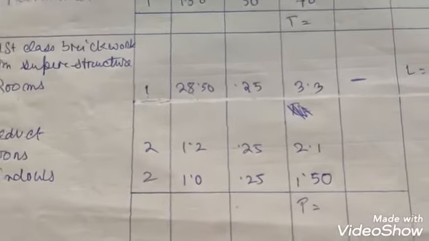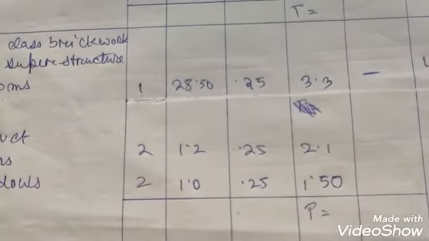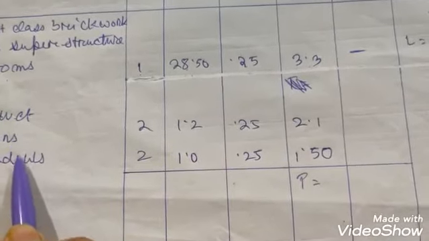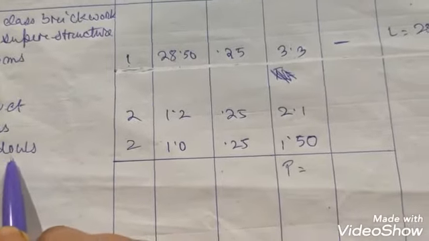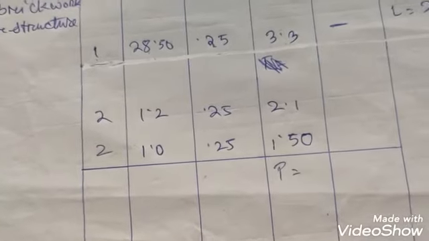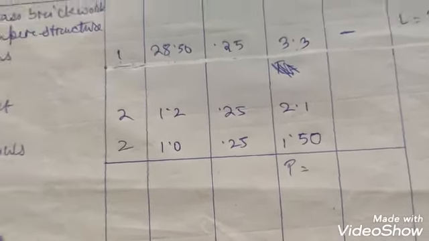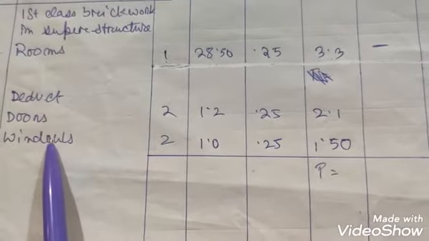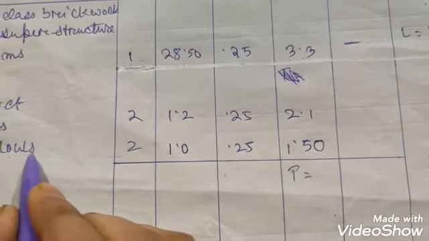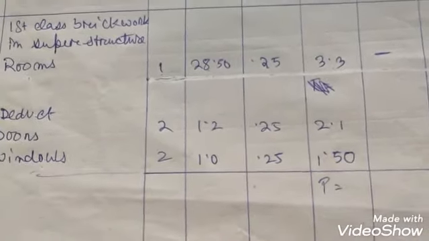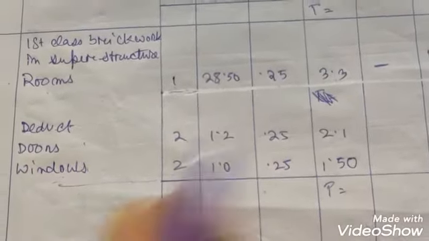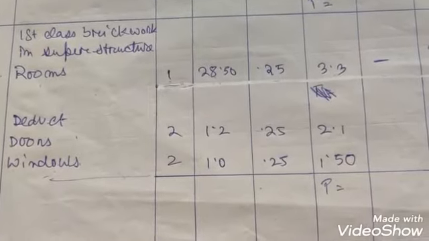Now, just like the earlier case of the long wall short wall method, we have to deduct the quantities of brickwork for the doors and the windows, because the doors and the windows are nothing but openings. So in the places of doors and windows, there is no brickwork, they are openings, they are empty spaces. So we need to minus the doors and the windows quantity. Just like the earlier case we did in the long wall short wall method, we are deducting the doors and the windows. If you have any confusion, then you can refer to the earlier method. The deduction is the same as in the long wall short wall method. Okay.